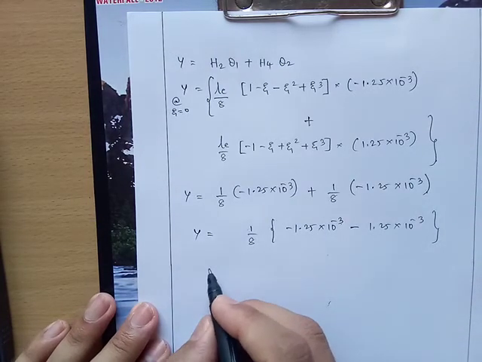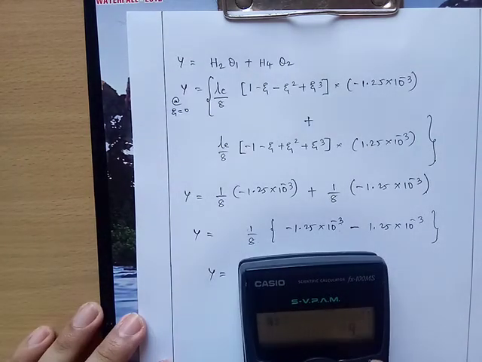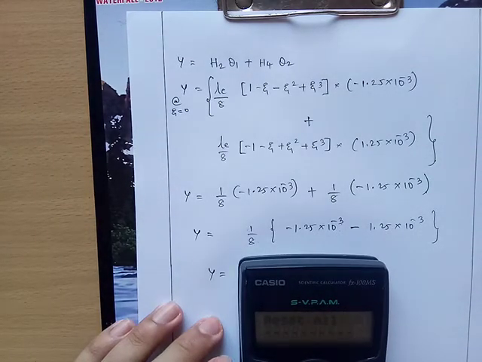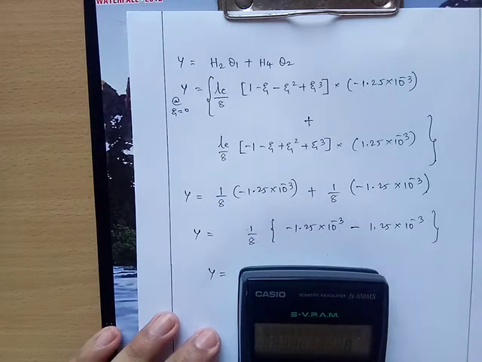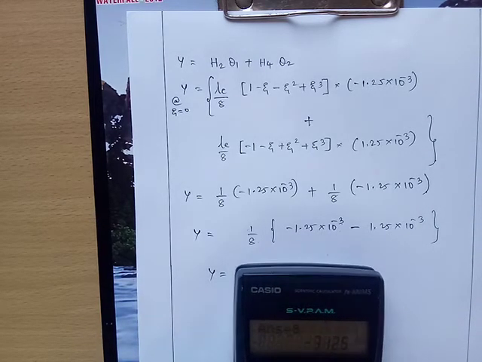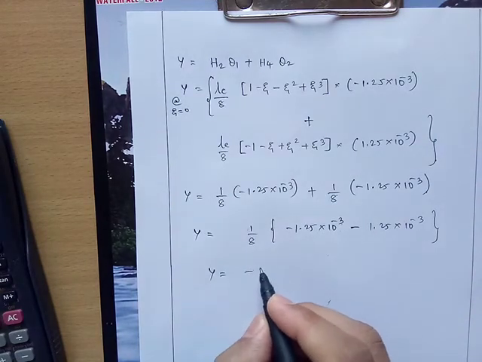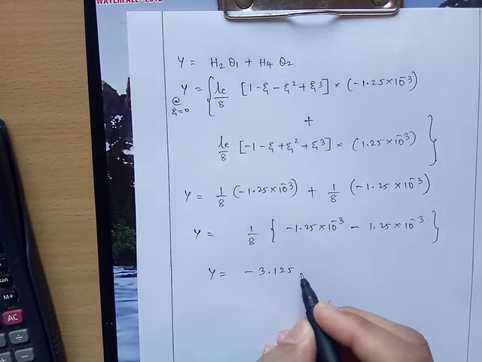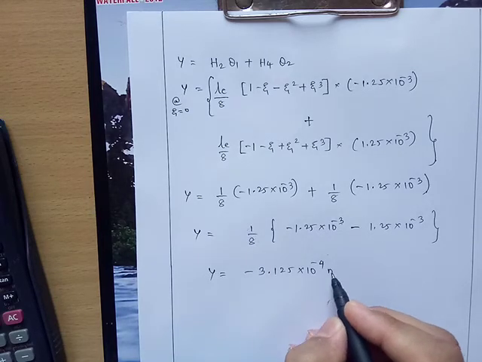So the value you will be getting here is minus 1.25 into 10 raised to minus 3, minus 1.25 into 10 raised to minus 3. So that will be 2.5 into 10 raised to minus 3, negative. You divide it by 8. So the value obtained is minus 3.125 into 10 raised to minus 4 meters,